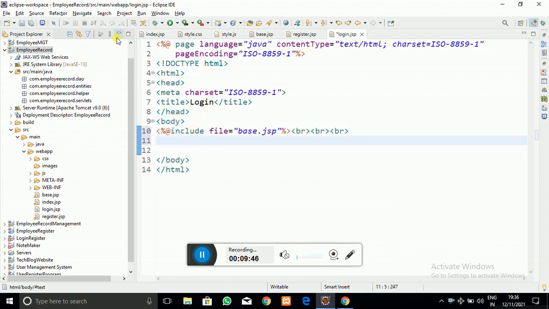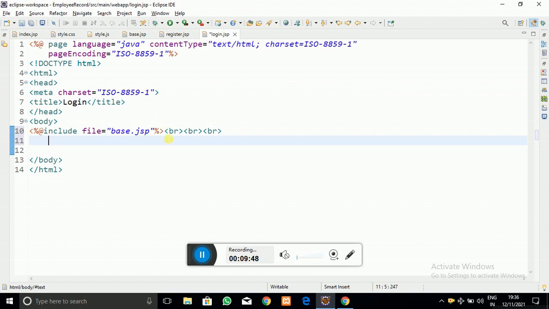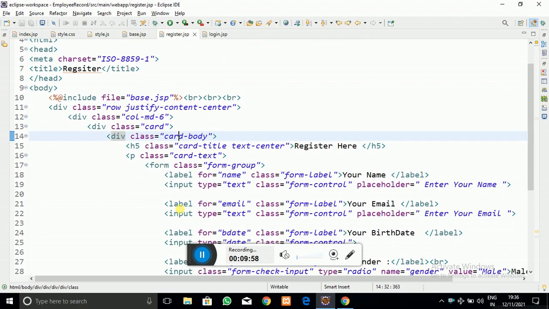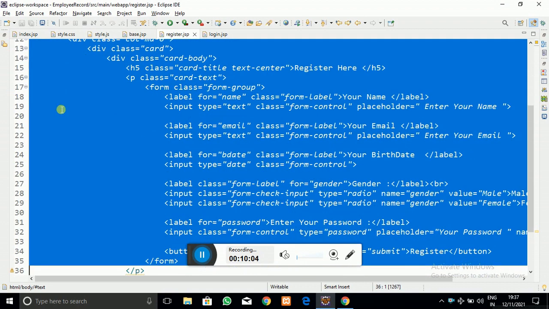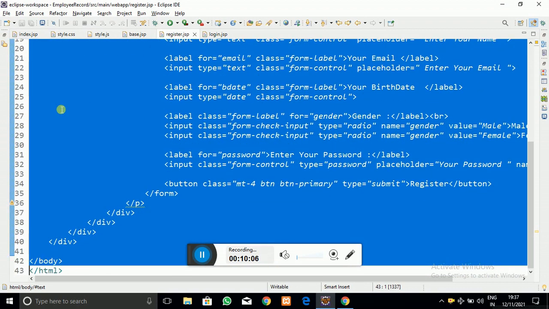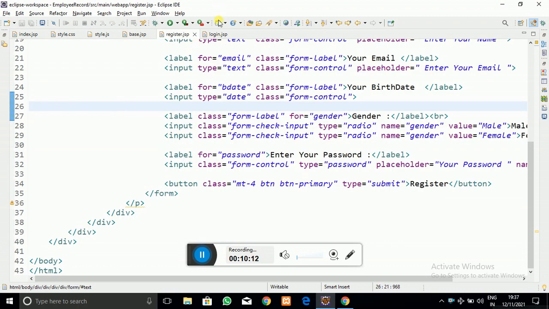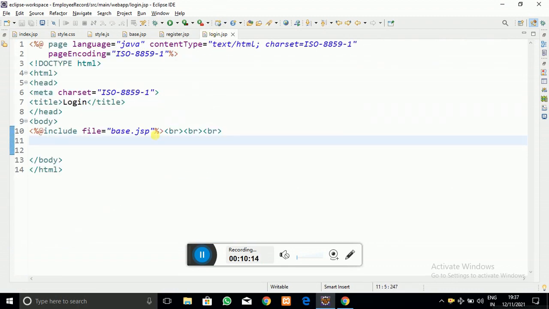I have extended the base file, and you just have to copy all the content from your registration form, paste it on the login page, and there we have to remove some things. Let me tell you what we have to remove.